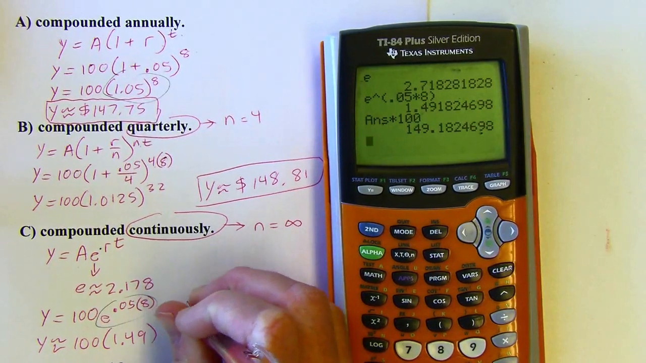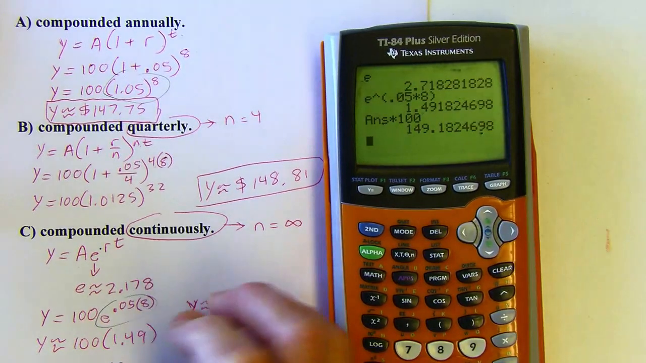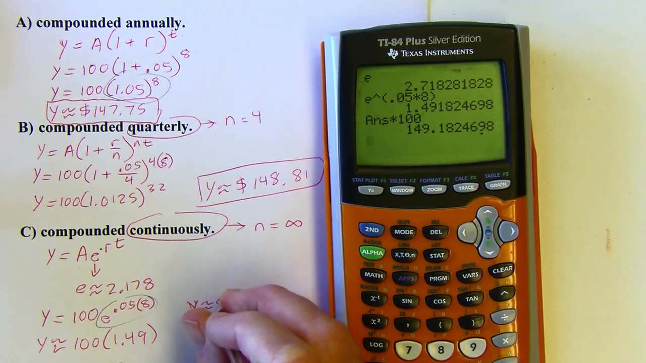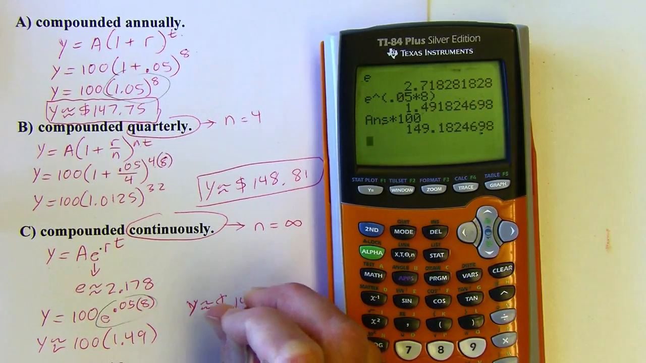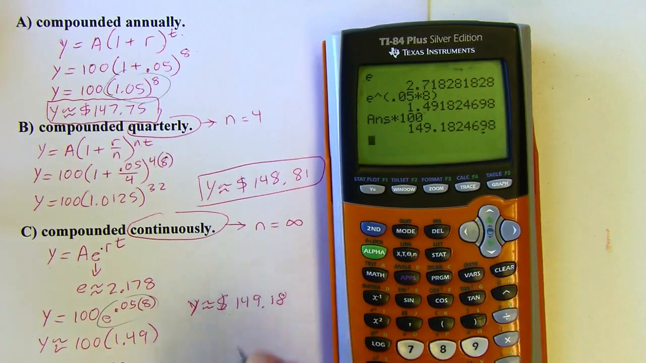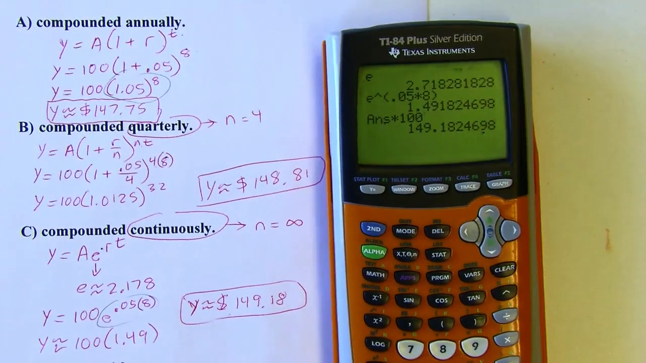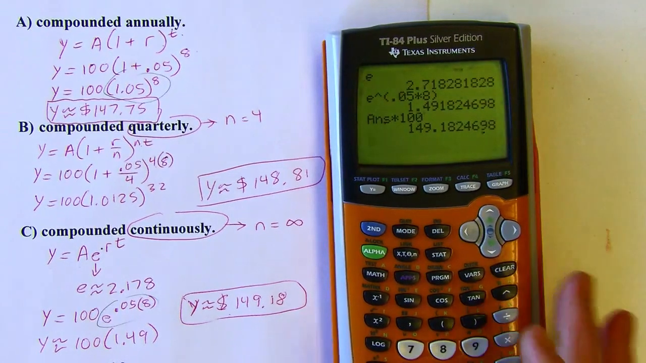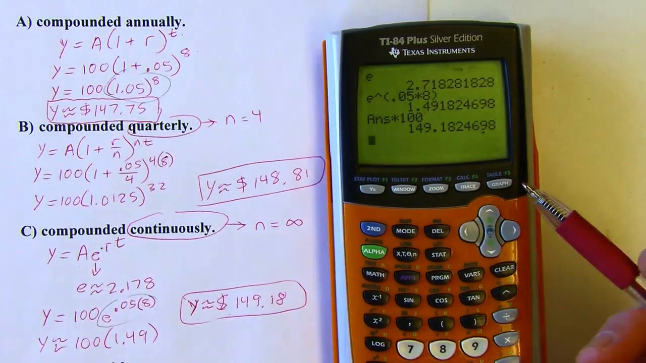You might think that you would be infinitely wealthy if you're compounding continuously, but it's going to max out at $149.18 under those circumstances if we're doing 5% for 8 years. Okay. So you just have to know the formula, and you have to know how to use your calculator